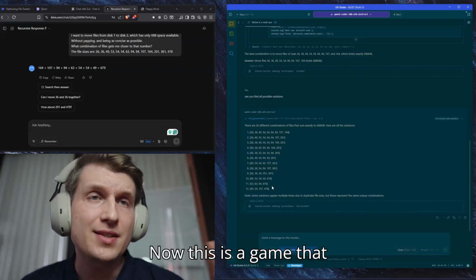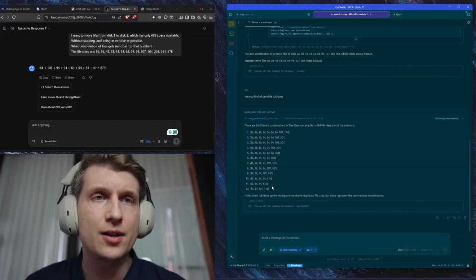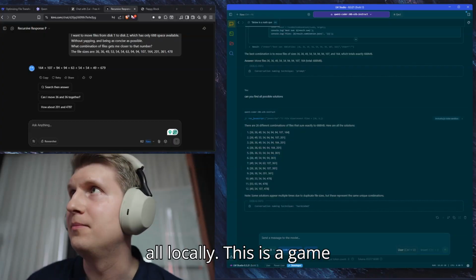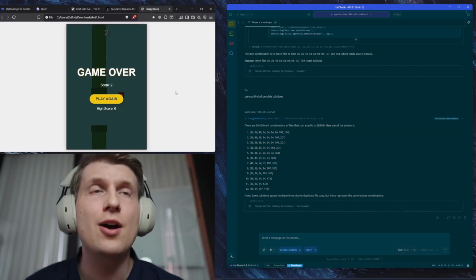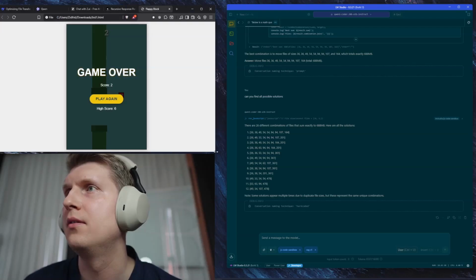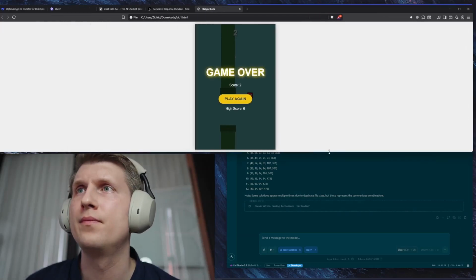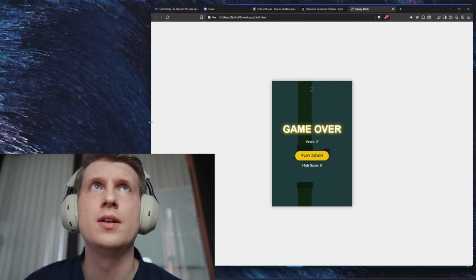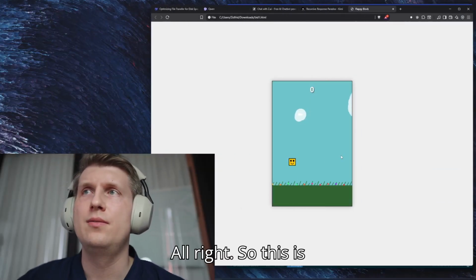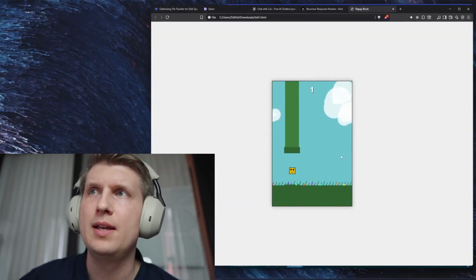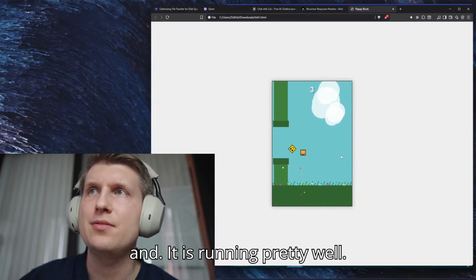Now, this is a game that Qwen3 Coder wrote all locally. This is a game of Flappy Bird. I'm just going to make it a bit bigger so you can see. Alright, so this is basically a Flappy Bird type game, and it is running pretty well.